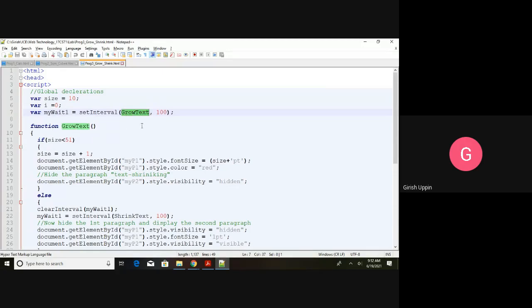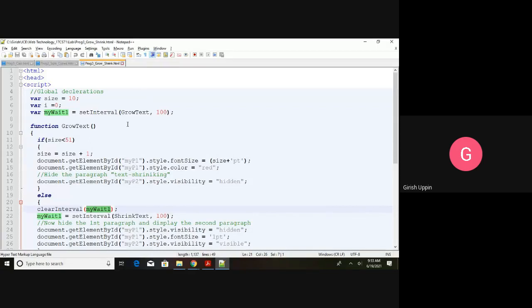It will call it every 100 milliseconds. How to stop that repeated calling? Two ways: close the window, or call clearInterval and pass the reference where you have set the interval. Okay, with that understanding, we'll continue.